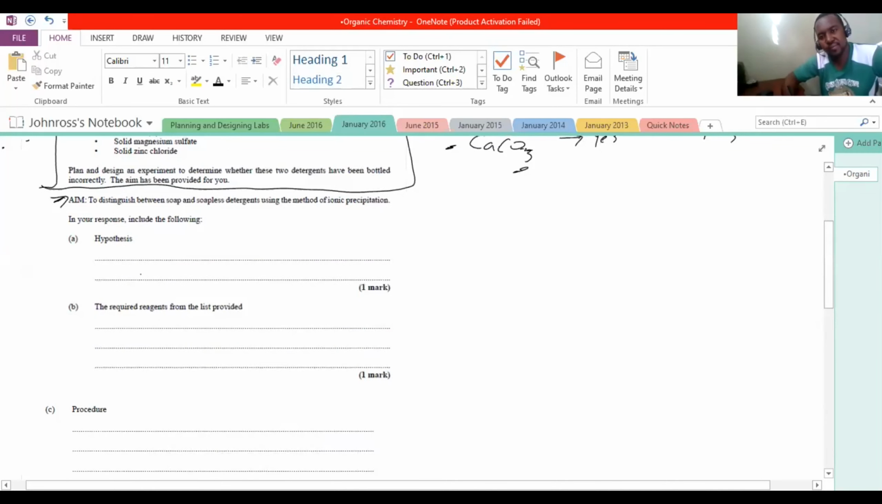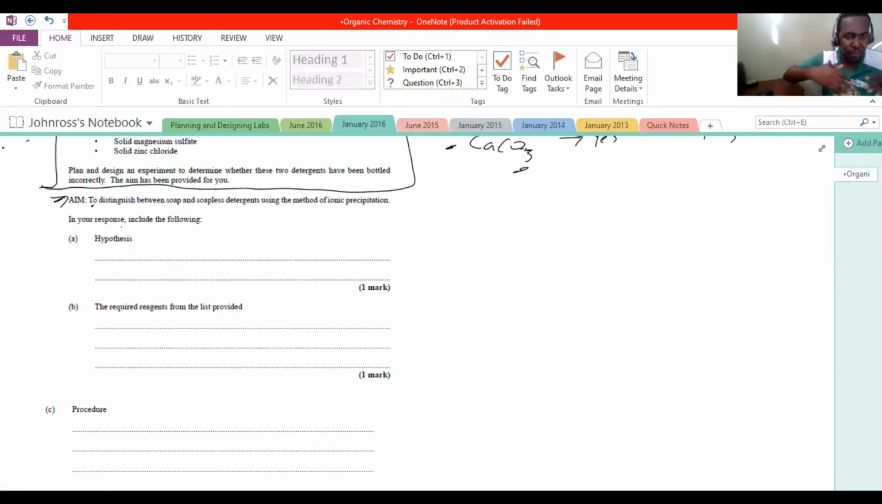The aim. I don't know. All right, so with your hypothesis, you have to be specific, right? So we know we're distinguishing between soap and soapless detergent. Remember, hypothesis is what you think is the cause of the problem, right? Now your soapless detergent, so let's go with soap detergent. So you're going to say that our soap detergent,